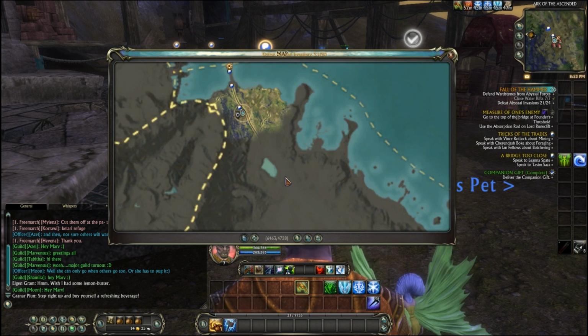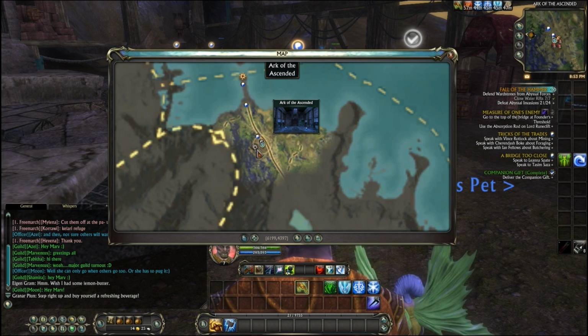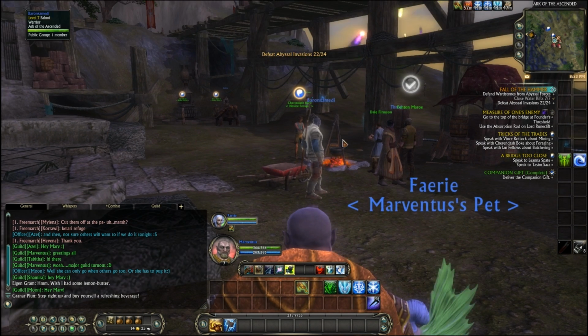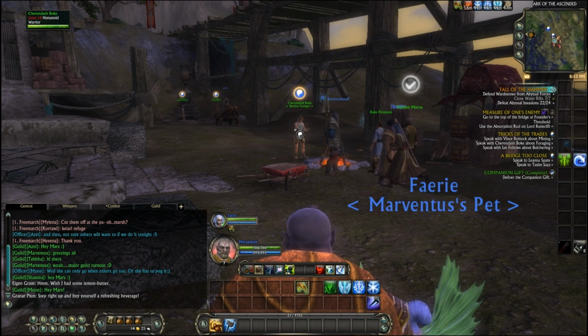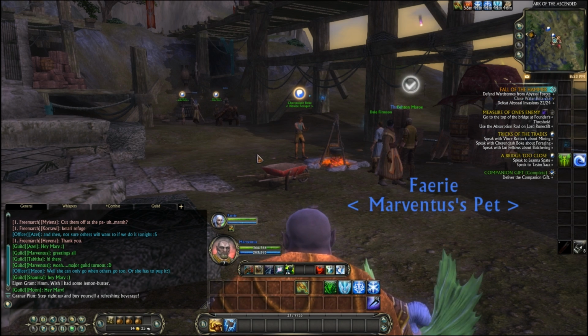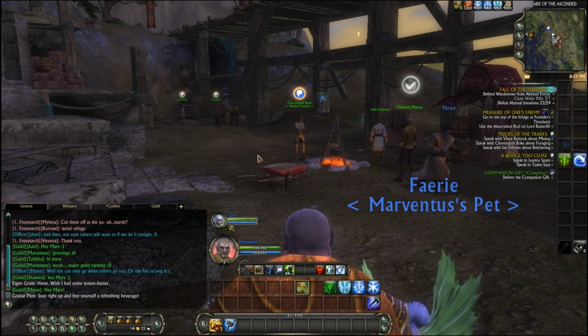We are here in Freemarch in the first proper sort of town village that you encounter, which is Ark of the Ascended. Here you have access to your first 3 professions, and you even have a quest to investigate them, which is why those 3 characters in front of us have little speech bubbles above their heads. So we're going to take a look at these 3 starting professions,